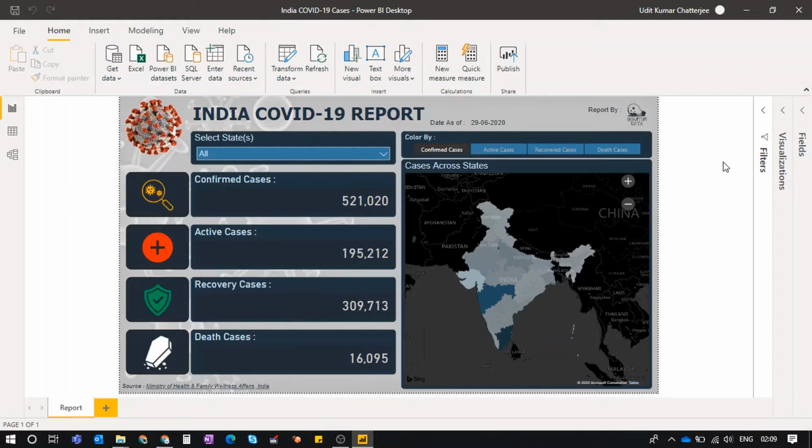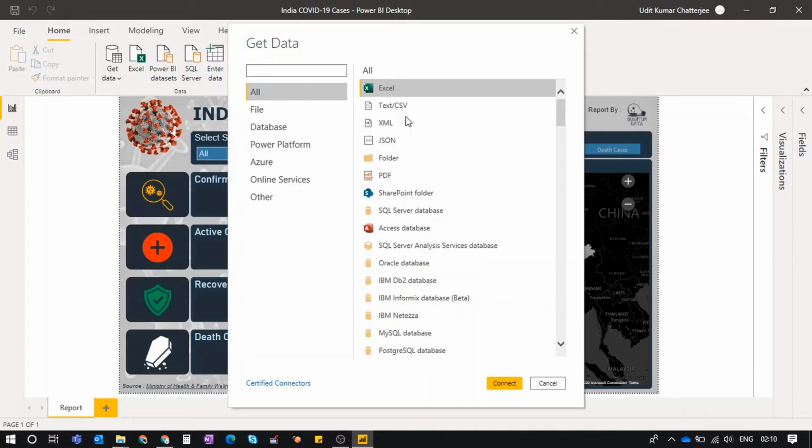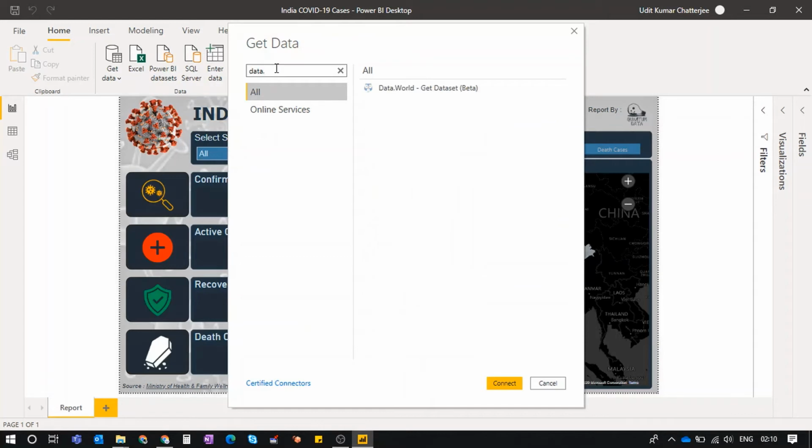As you can see, I have just created a simple Power BI dashboard using that data. So let's see how we can connect to data.world using Power BI. If I go to the get data option, and then click on more, it will show me various options. Now if I just type here data dot, you can see data.world is coming. It's in beta version, but it works. So if I click on this data.world option,